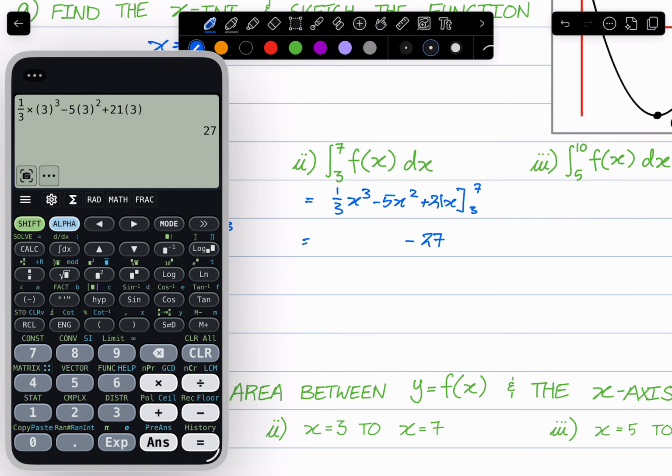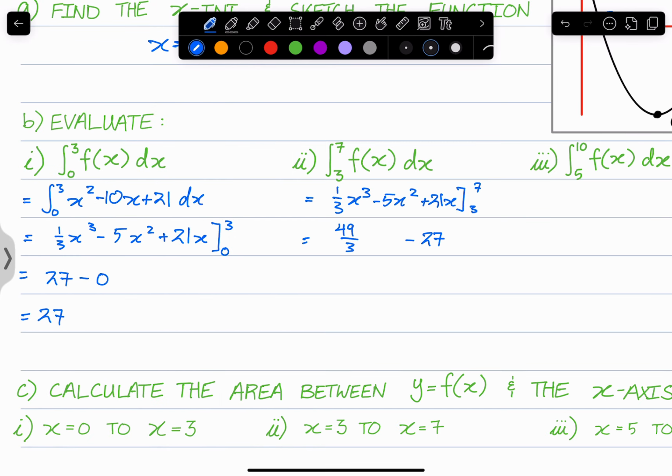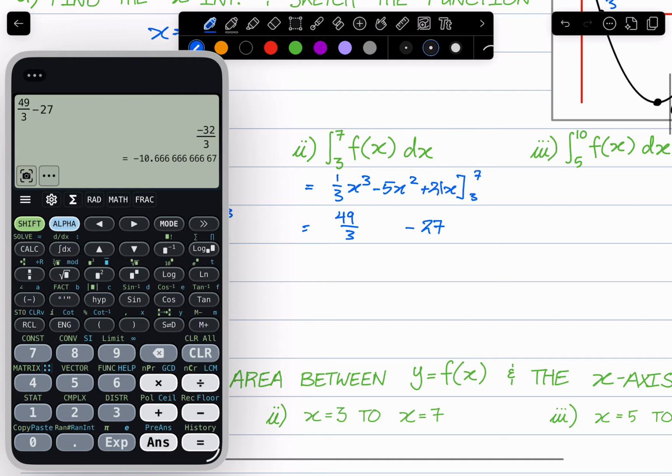Let's now substitute 7 into here. This gives us 49 on 3 minus 27, which we can evaluate. 49 on 3 minus 27, we get negative